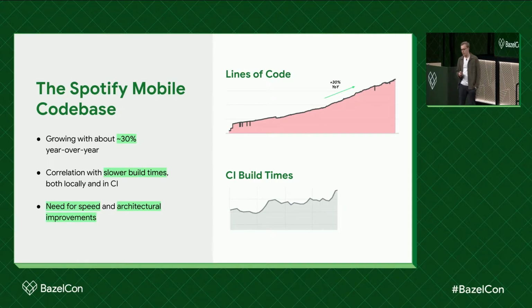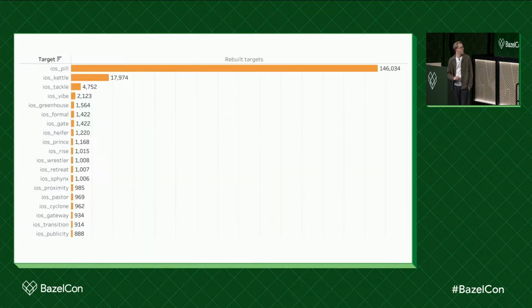In order to counteract this, we have highlighted the need for working on architecture improvements in order to work on the structure of our dependency graph and thereby bring speed to our mobile developers. As the dependency graph keeps growing, one example of this increasingly nested structure is illustrated by this chart. This is for our iOS project and is showing a top list for one of our metrics that describes the number of invalidations caused in the graph by code changes to a specific build target. Here, iOS pill in the very top stands out much more than the rest.